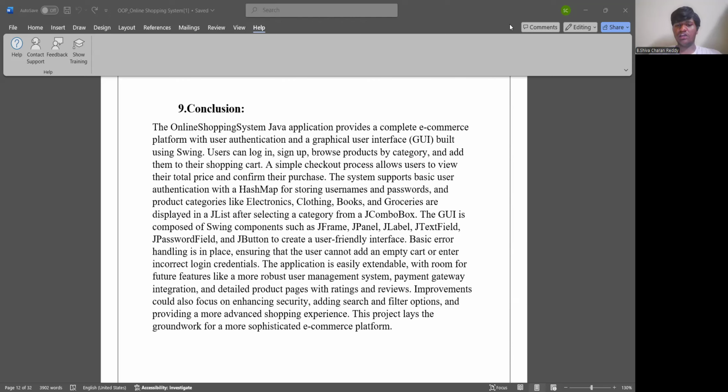The application is easily extendable with room for future features like a more robust user management system, payment gateway integration, detailed product pages with ratings and reviews. Improvements could also focus on enhancing security, adding search and filter options, and providing a more advanced shopping experience. The project lays the groundwork for more